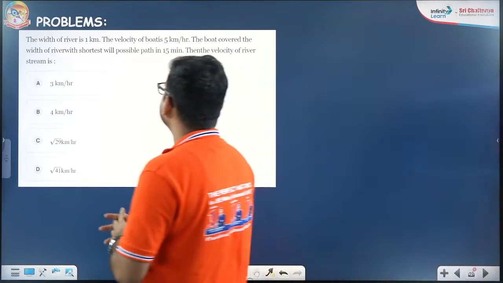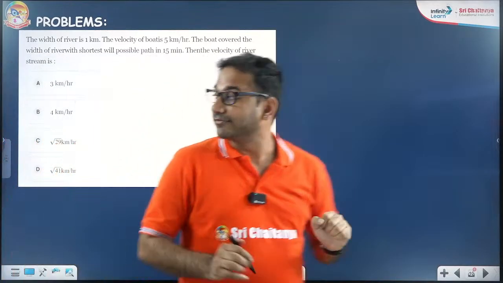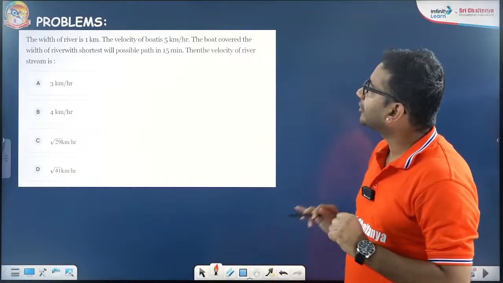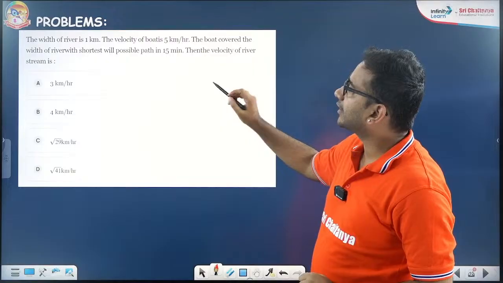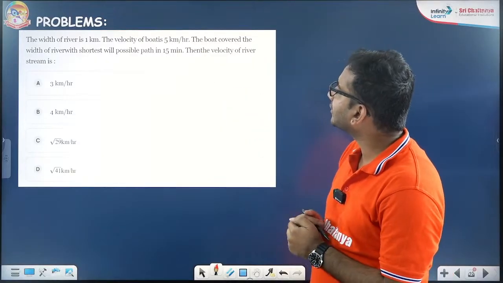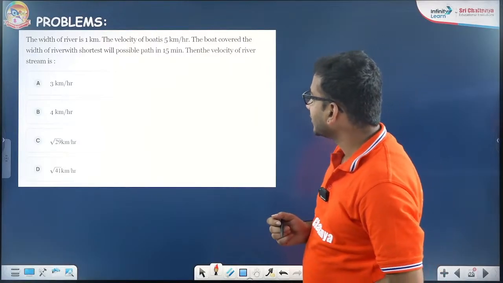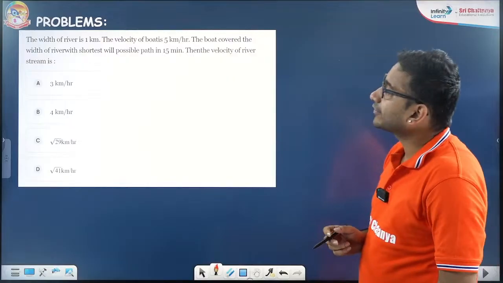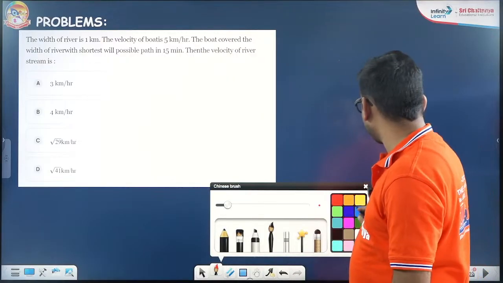The next problem: the width of the river is 1 kilometer. The velocity of the boat is 5 km per hour. The boat covered the width of the river by the shortest possible path in 15 minutes. They are asking you the river velocity. So for the shortest path,